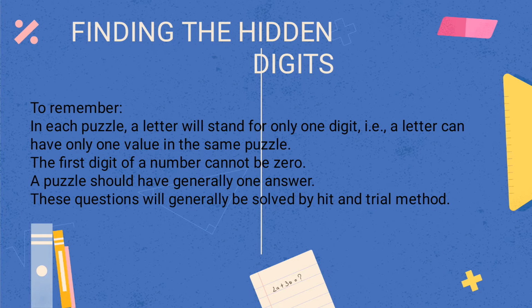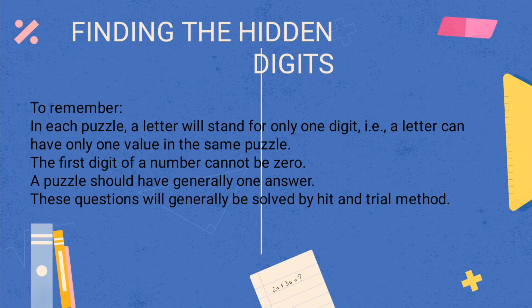In the last class, our last topic was how to form any three digit number with given three digits, right? So, moving on to the next topic, that is finding the hidden digits. Suppose that you are to add, multiply, or subtract two given numbers, and suppose some of the digits of any of the numbers are replaced by an alphabet. So, how will you recognize which alphabet will take which value? For that, you have to remember some rules.